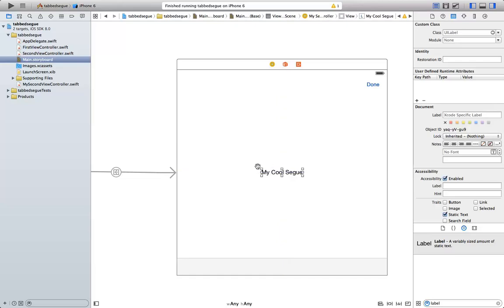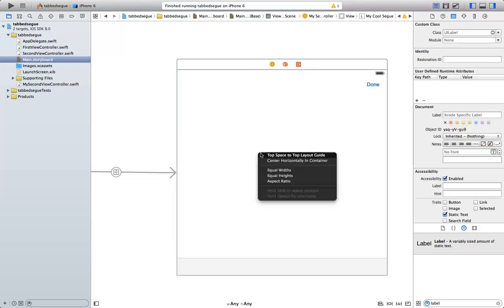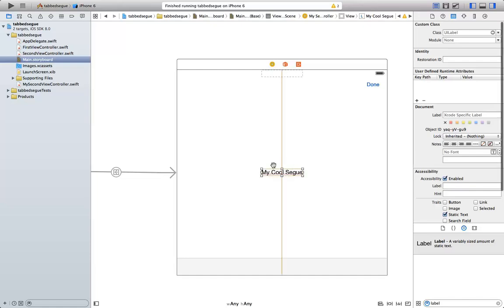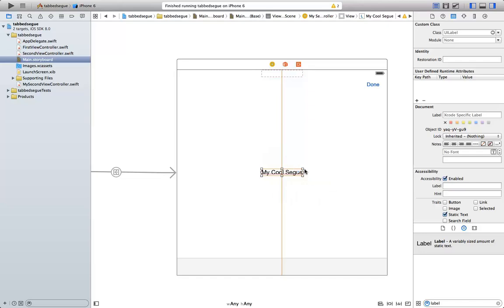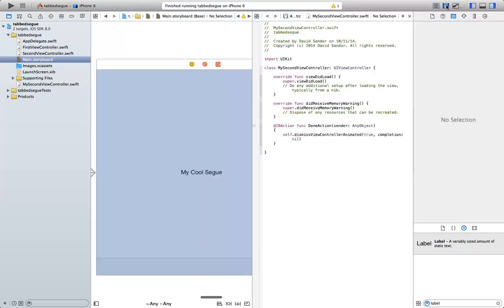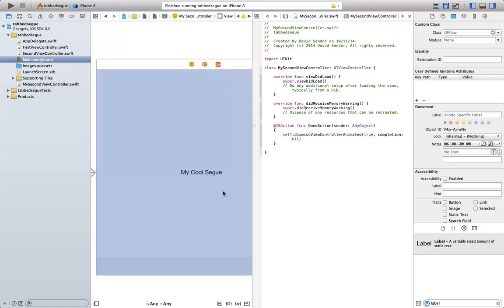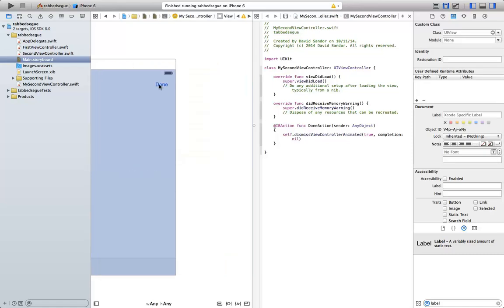Okay, I need to put a couple constraints on this guy. Let's do center horizontally. Center vertically. Should be good. Okay, I also have to associate this done button with the code, with my done action. So I will control click, drag over to this action,